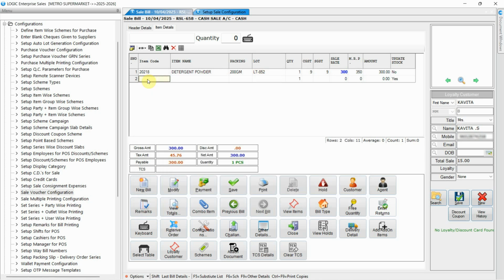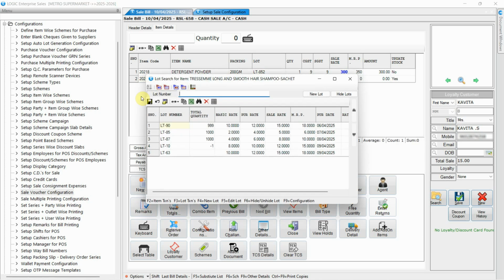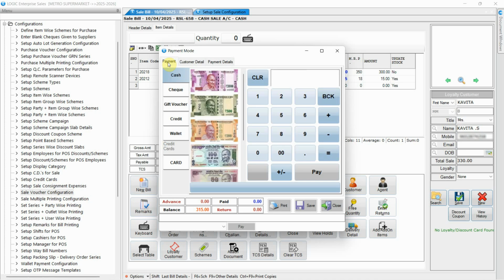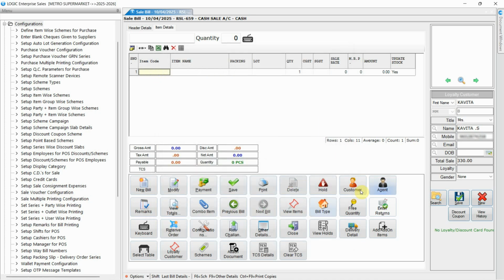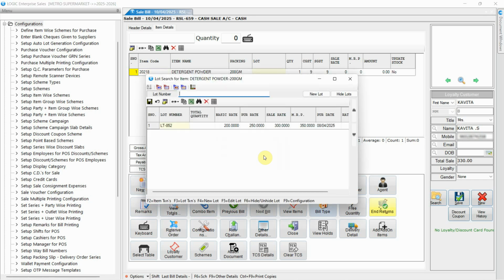Let us now transact a normal stock item. For normal stock items, the lot search window will be displayed for selection. Let's have a glimpse of the functionality of the same option during sales return. During the sales return process for an item marked as Do Not Affect Stock, the software prompts the lot selection window.